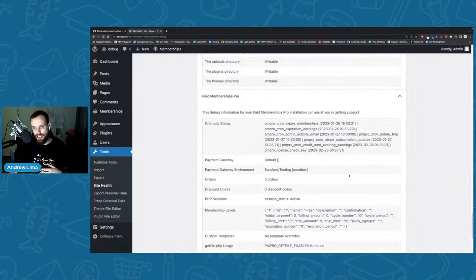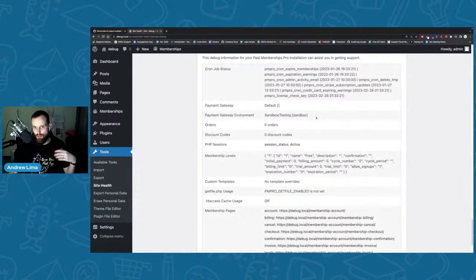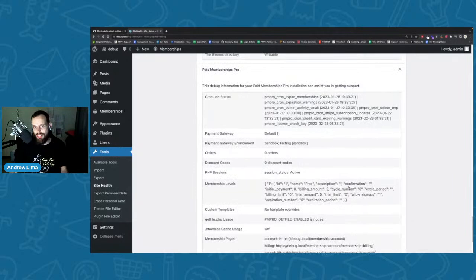We can immediately detect the more common issues of memberships aren't expiring on time, or they're not expiring at all, or their level page was set up incorrectly. It's not allowing me to select the levels, not allowing me to cancel. We can immediately detect these things just to make it a lot quicker to resolve issues and just improve the